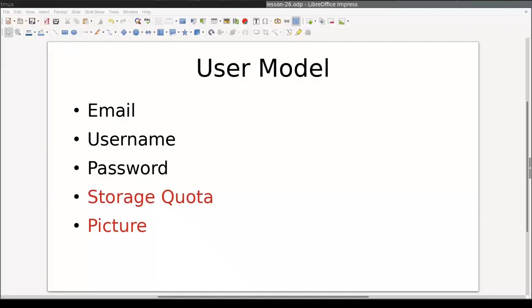Almost any Django-based application has a user model which is provided by default. The user model provided by Django has username, email, password and a couple of other fields. If you want to extend the default user model, let's say you want to add a quota field, then you'll face a very interesting issue. In this lesson, we are going to explore the topic of adding extra fields to the